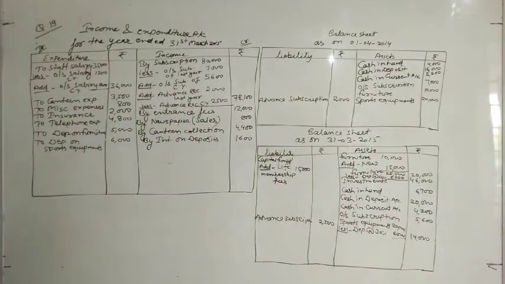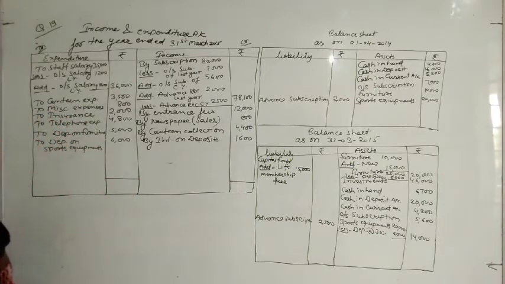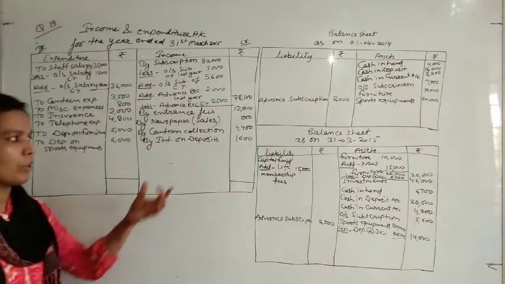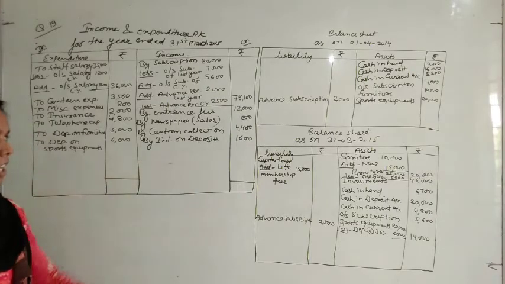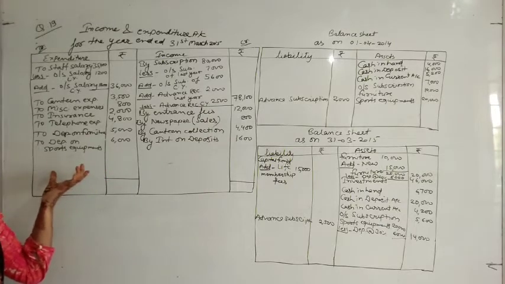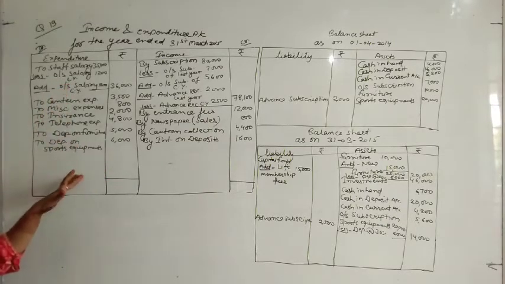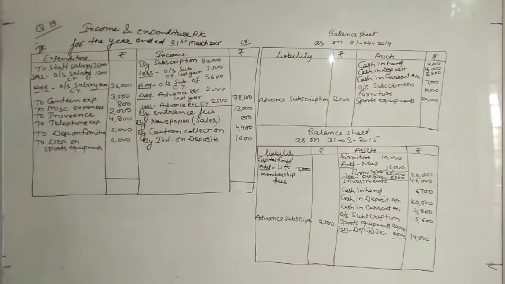Okay. So all the informations are posted here properly, and now we have to put the total of all the accounts. First of all, we have to put the total of the income and expenditure account, because with the help of this account we will find surplus or deficit. If your credit balance exceeds your debit balance, then we will find surplus, but if your debit balance exceeds your credit balance, then we will find deficit. Okay.